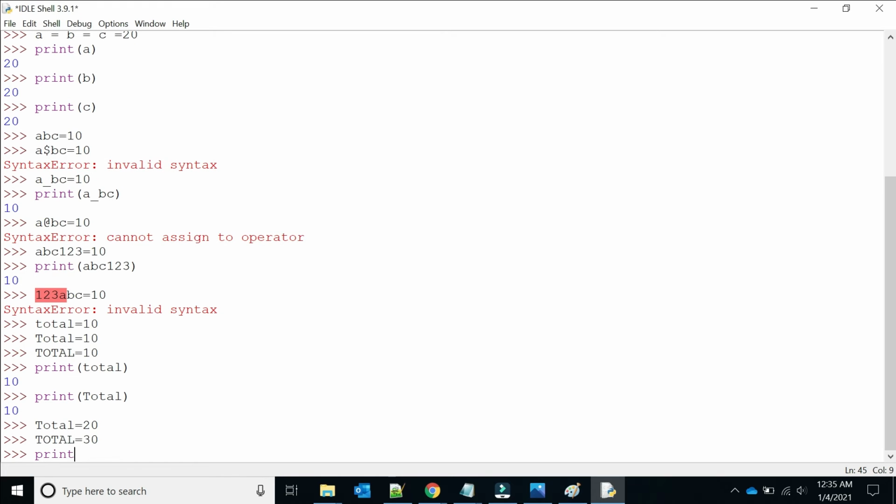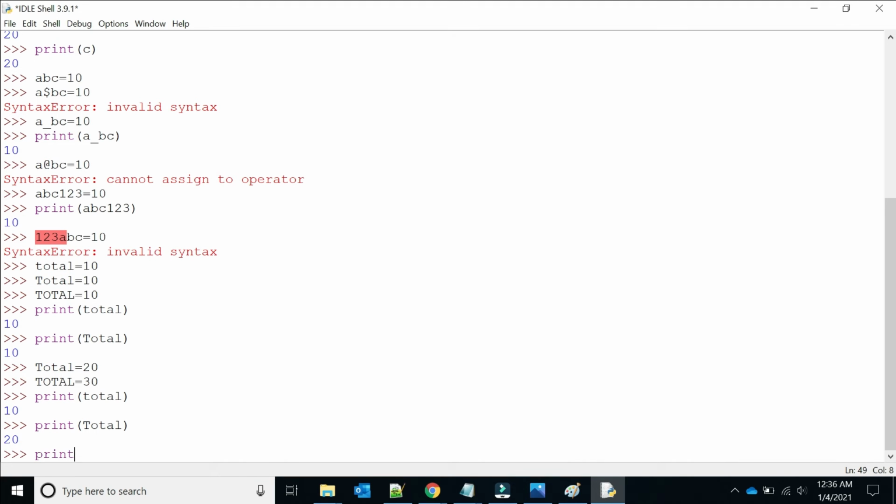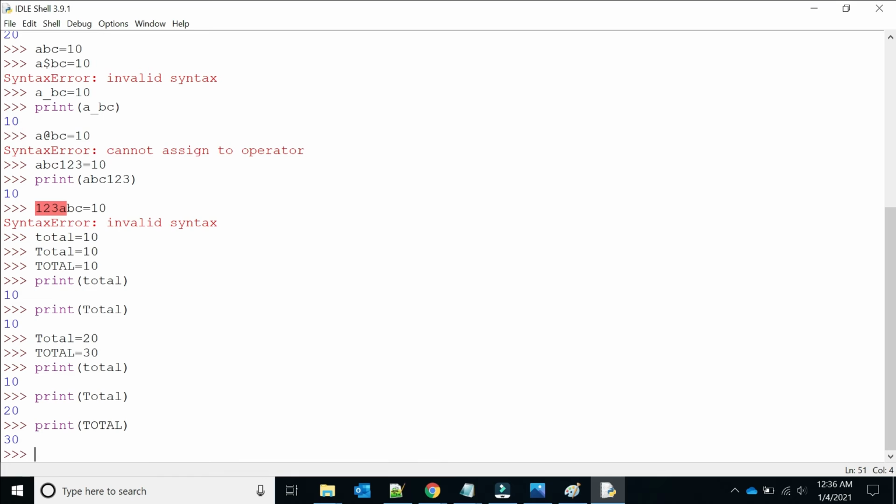So now when I am printing total, it will give 10, this will give 20, and this will give 30. So these are case sensitive. These are different variables.